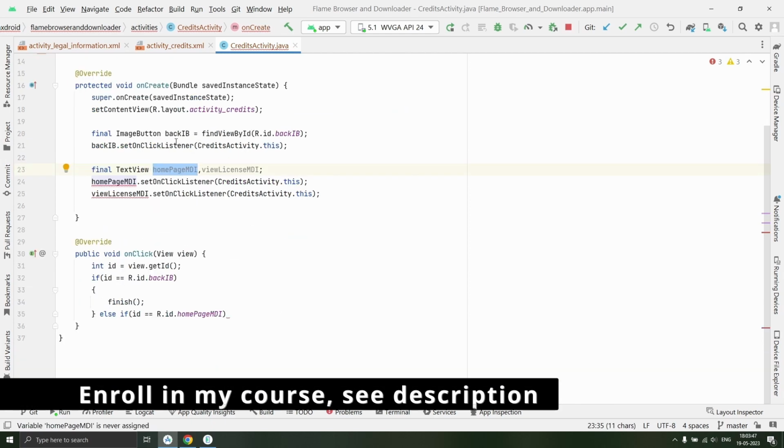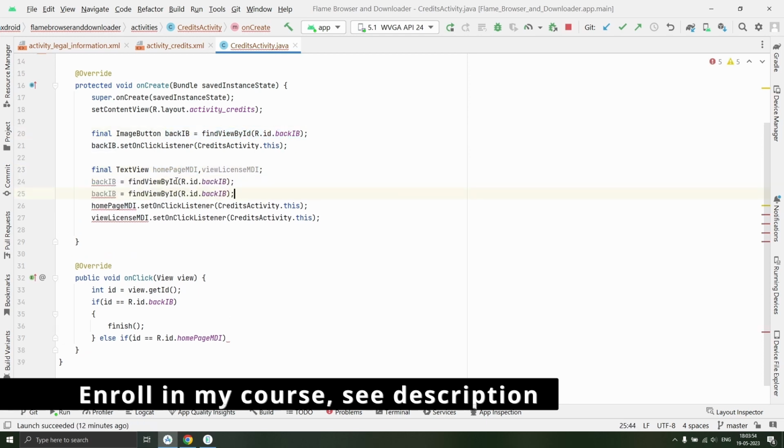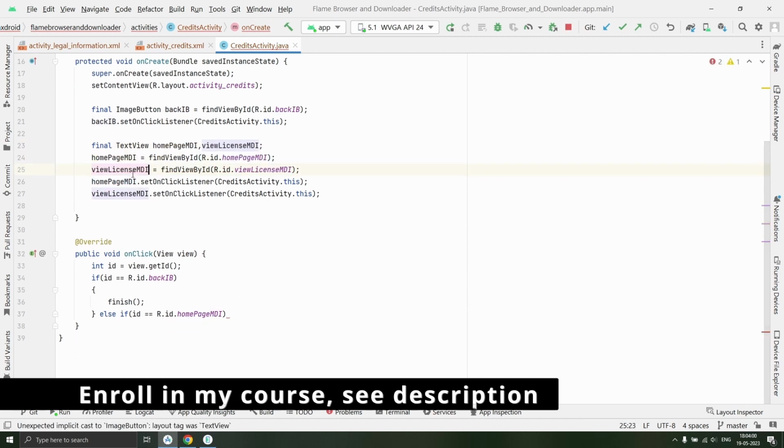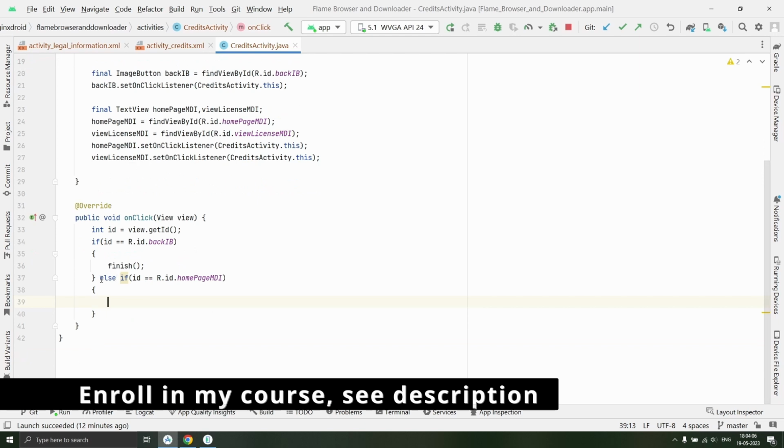So we need to reference them first of all, hence it is producing error. So we'll reference homepage MDI and view license MDI, and thereafter we will set on click listener of them. In the case of homepage MDI,